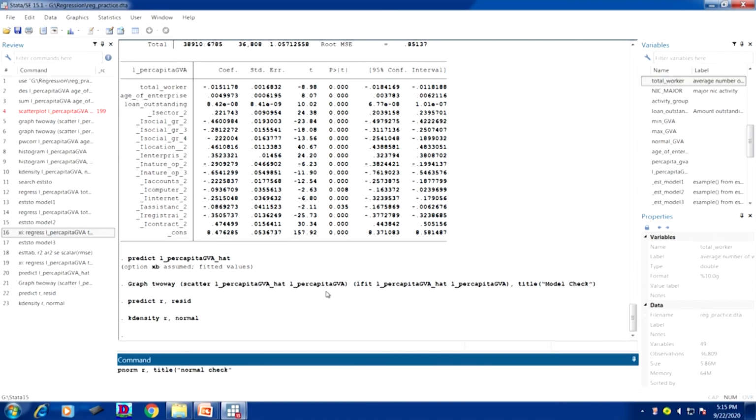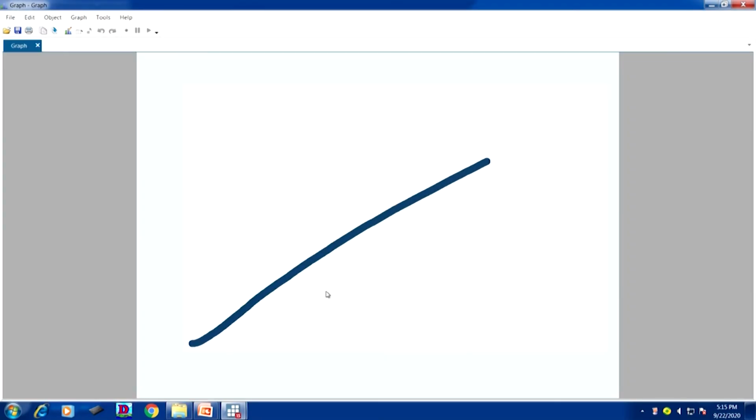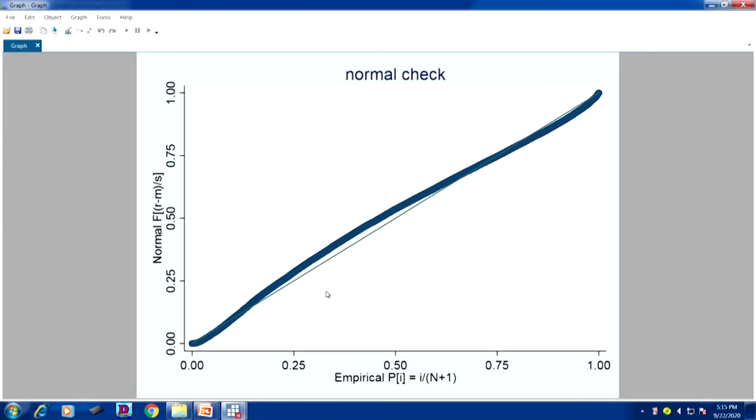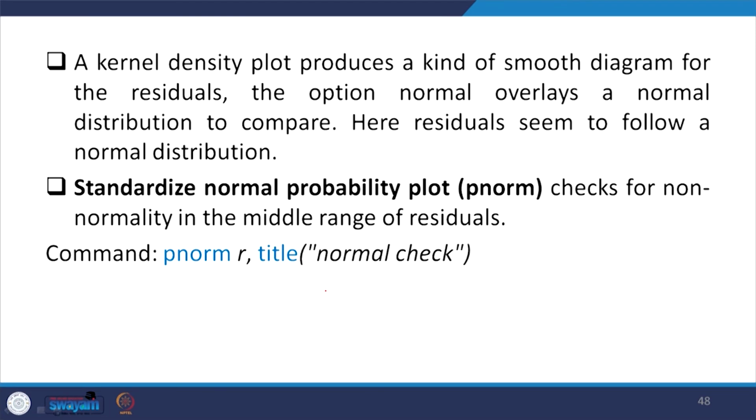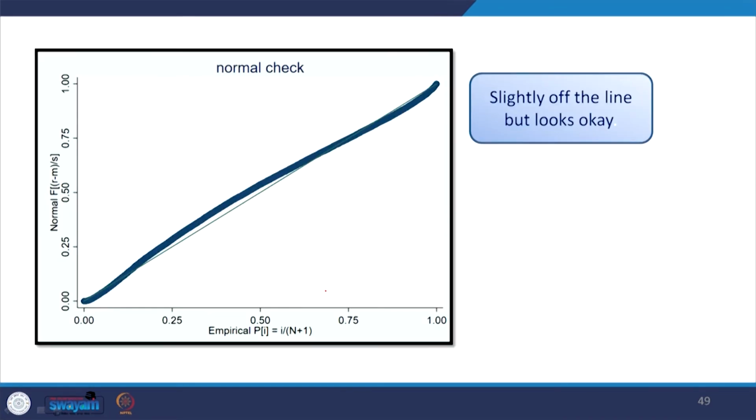It gives us the plot, and it is almost overlapping with the trend line. So, that will be very useful for interpretation as well. If it is completely deviating from it, then it might be problematic. Here it is slightly off the line, but looks perfectly fine.